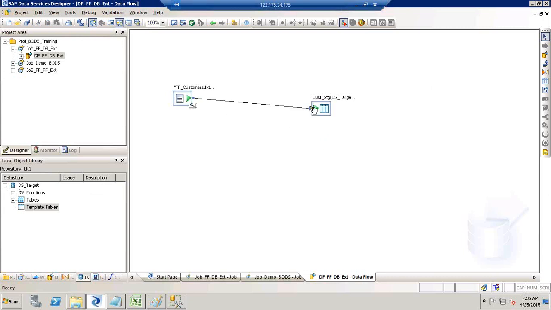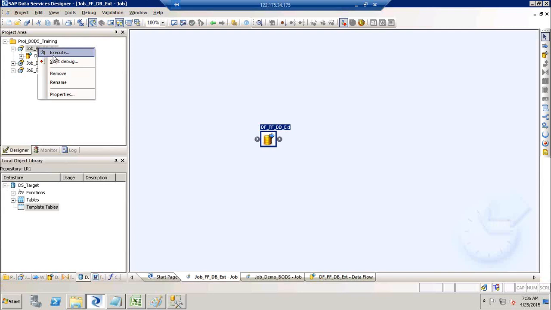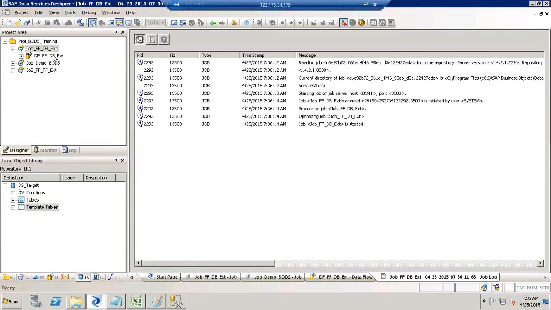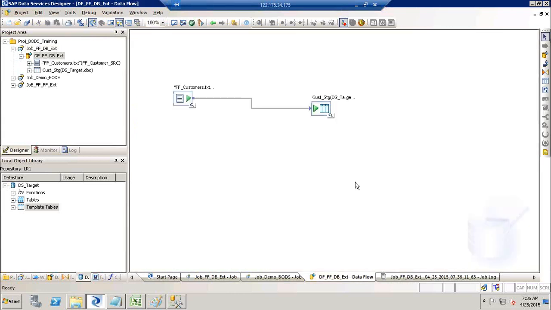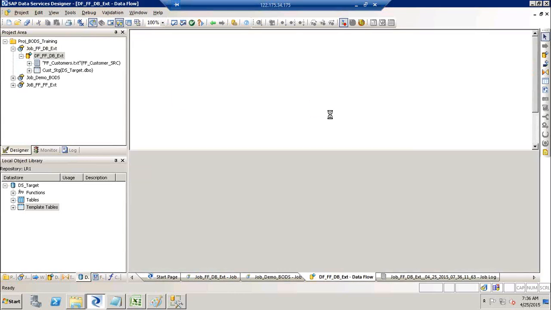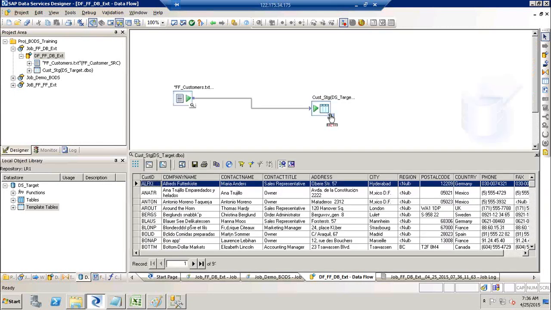So then connect your source to target, validate the syntax. If everything is fine, go and execute this job. So once the job is done, go to your data flow, and you'll see a magnifying glass here. So once you click on the magnifying glass, it is showing the data that is present on your target